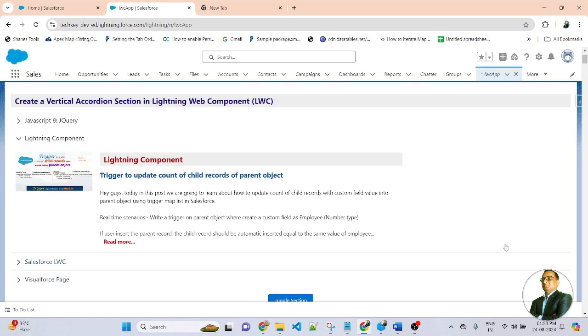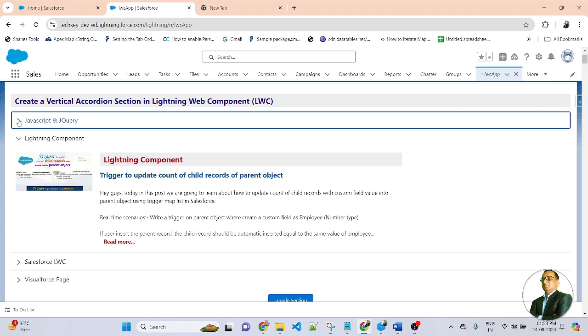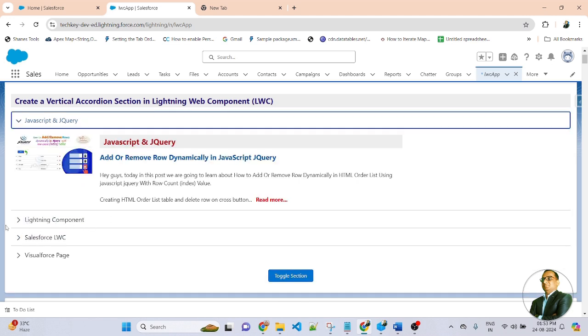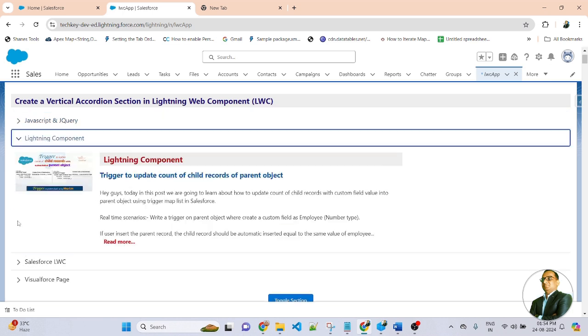And friends, you can see my LWC component displayed on the custom app page. In the LWC component, I created a lightning accordion section. Here you can see by default the second section is displayed. Once I click on the first one, the previous section will hide and the current section will show. Now let me click. You can see the second one automatically hides and the current section that I clicked on the section title will be displayed.